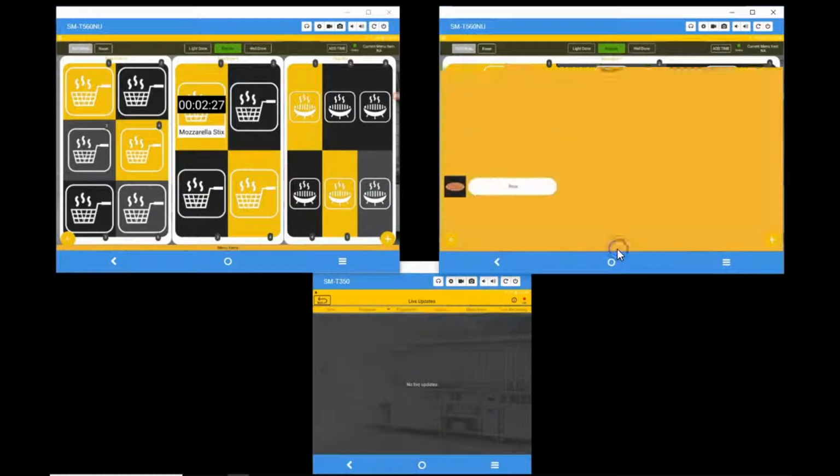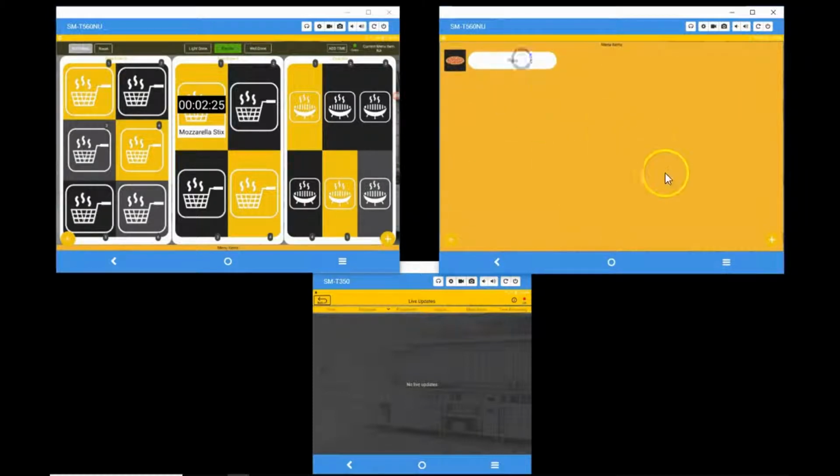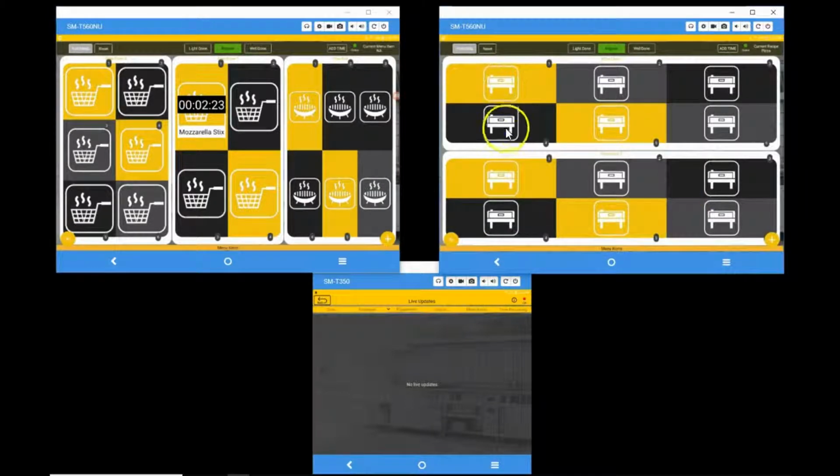So if an order for a pizza came in, you could click on the pizza and start it in the pizza oven cooking, of course. Now let's say there's some actual geographical distance between these two things, and you have to cover both of these areas yourself. Well, one thing that you can do is you can click this plus symbol,